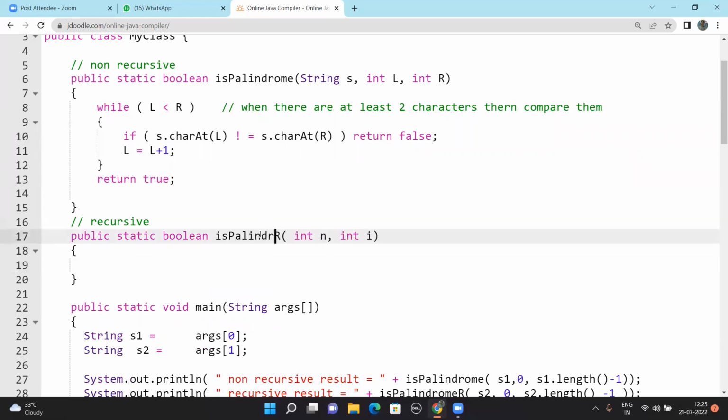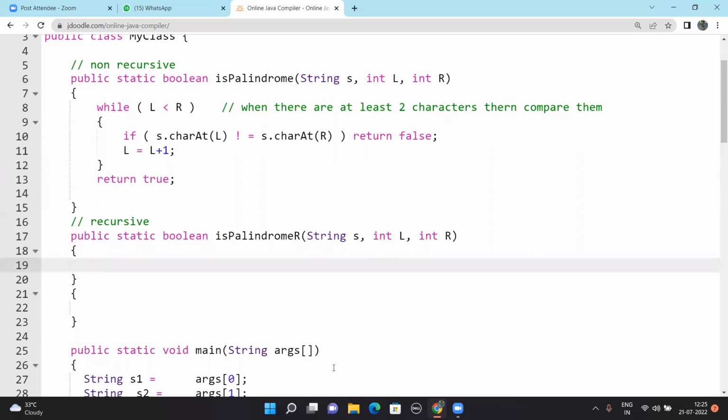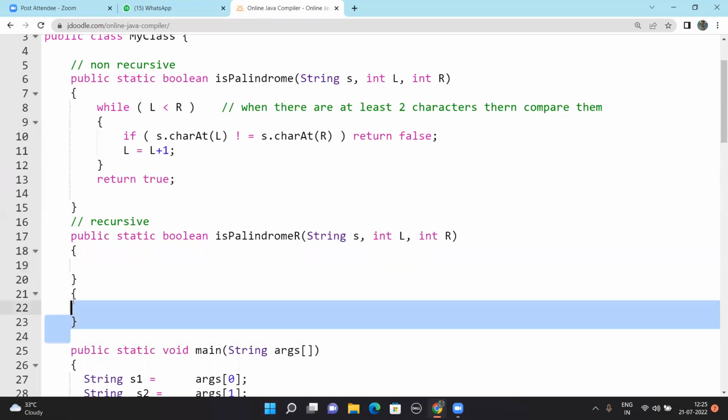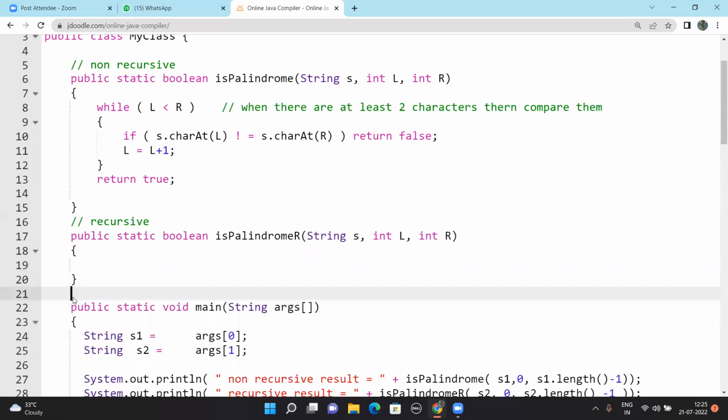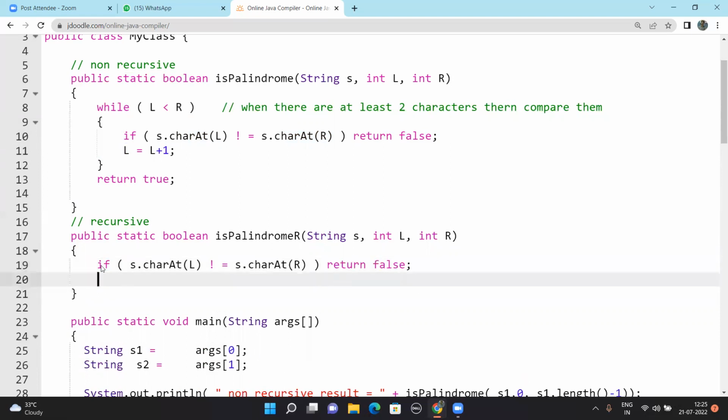isPalindrome: the inputs are the string s, the left index and the right index. Clear? Yes, sir. Now you tell me what is the condition? Say the same as this. If they are not the same, return false. Otherwise,